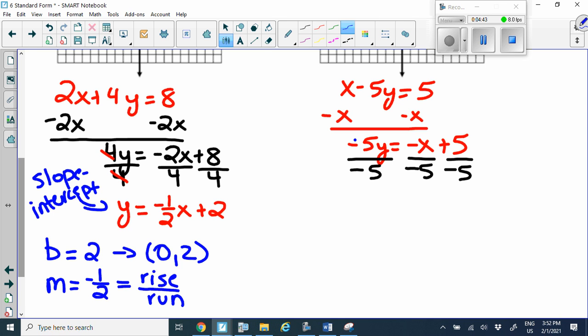Okay, so our negative 5s cancel out with the y. So I'm left with y equals. Now notice we have negative x over negative 5. So 2 negatives we know make a positive. Now this also represents that there is a 1 on top of the 5. So that means our slope here is actually 1/5, and then don't forget to keep your x. Then we have 5 divided by negative 5, that gives us negative 1. So now that we're in slope-intercept form,